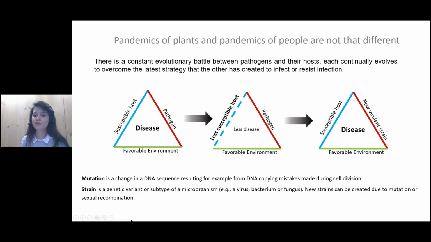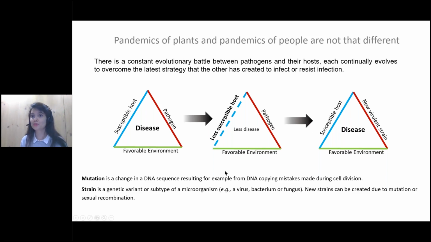In nature, for humans and plants, there is a constant evolutionary battle between the pathogens and their host, and each continuously evolves to overcome the other. So, for example, when the host expresses some degree of resistance, the disease triangle will result in a lower level of disease. And to overcome that, the pathogen will evolve and new strains will arise